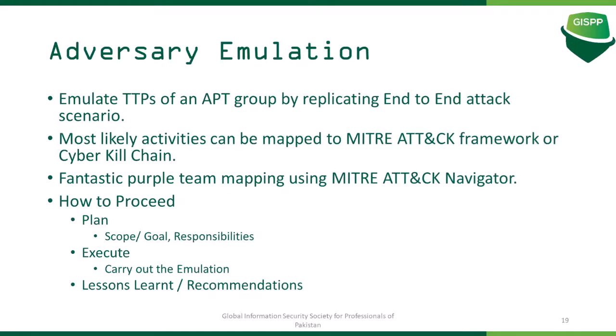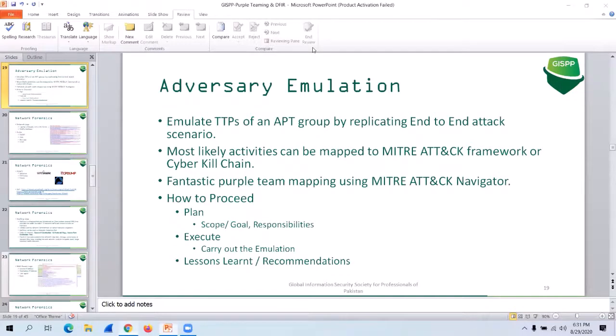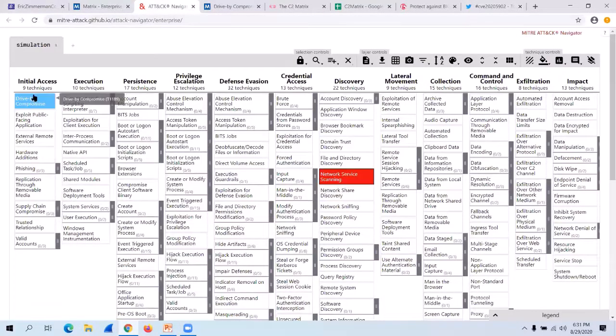Now let's come to the adversary emulation part. In adversary emulation, let's suppose you take APT 29, 28, any APT group. Like I already discussed before, you go to the MITRE ATT&CK framework. You can map all the techniques that a particular APT group is using, or you can use a blog post. You can take any malware as an example. Let's suppose there's a press release by FireEye, or a press release by threat intel from Palo Alto regarding a particular malware. You can take the particular strings and see what techniques they are utilizing. You can map all those techniques there, and decide which techniques you are going to target.